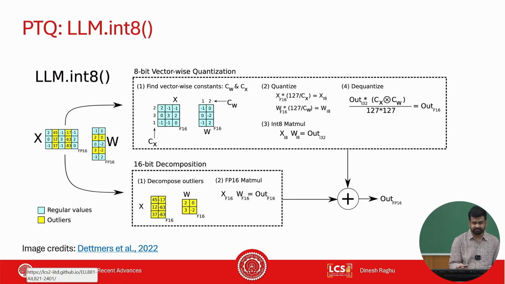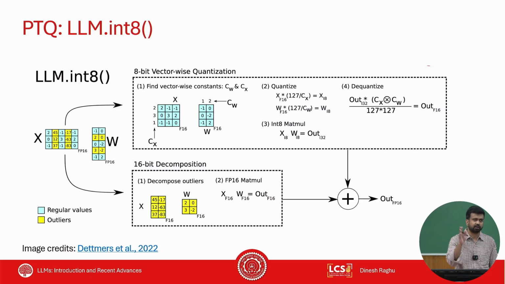So how do we fix them, right? Their proposal was quite simple. The main contribution of this paper is that they found the issue, so that was the biggest contribution. The approach is very simple and elegant, right? This was what we used to do before LLM.int8: if you have any matrices X and W, you would just quantize them, then do the matrix multiplication, and then dequantize them, right?